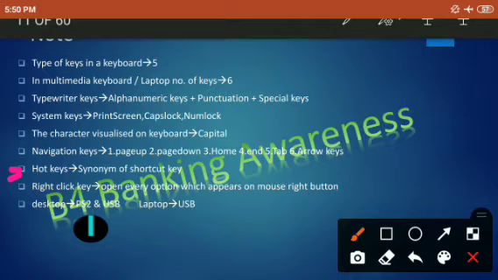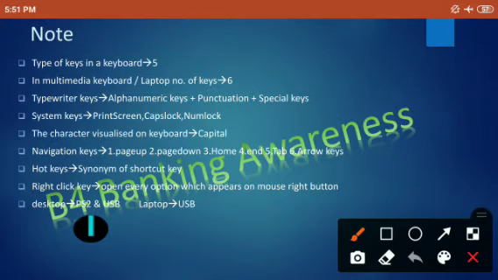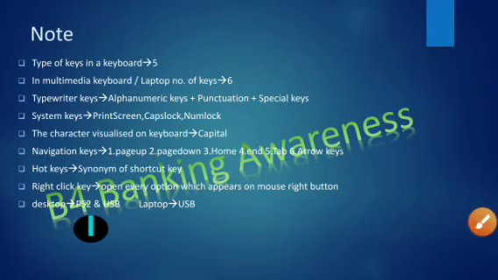It is a very important remarkable point. Then when you right click a key, it opens every option which appears on the mouse when we click on the right button. Then desktop uses PS2 and USB connectivity while connecting a keyboard, and in laptop we use a USB cable for the connection of the keyboard. USB is known to many students, but here I am showing you a PS2 connectivity.